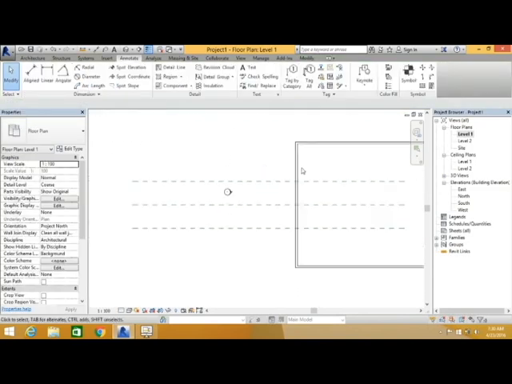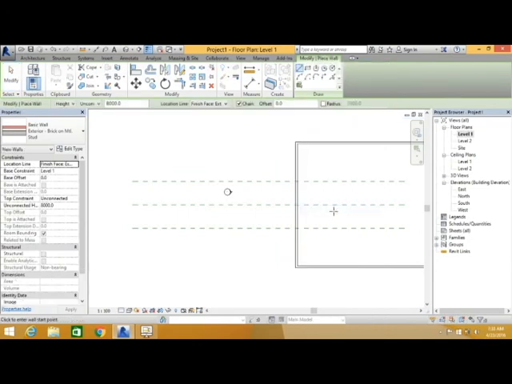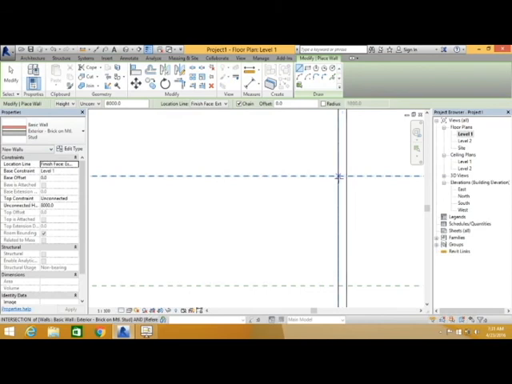Now I need to continue my wall. So I select the wall, right click, and use create similar. Create similar, again the same wall with the same properties. Then I click on this point and drag. Now you can see the wall orientation is coming above the reference line. I need the wall orientation below the reference line. So you press the space button. When you press space, it will shift the orientation. So I need inside. Then I type 7500.